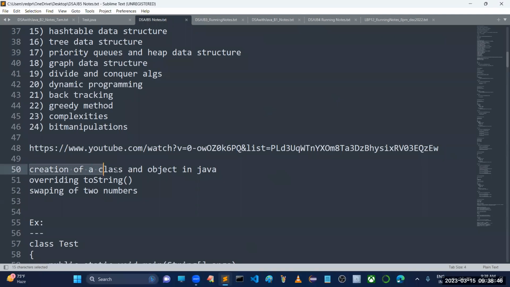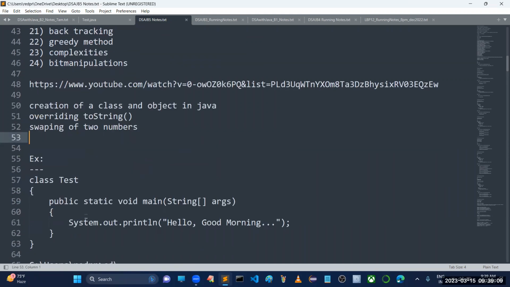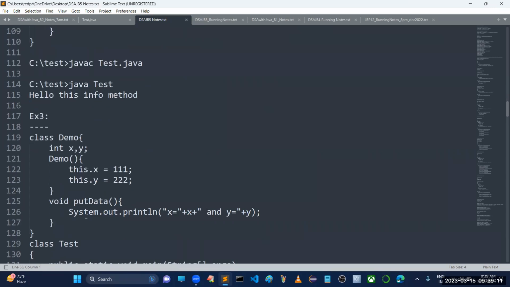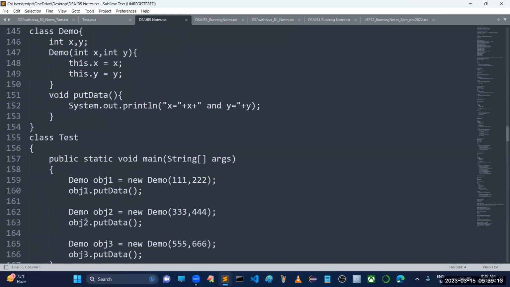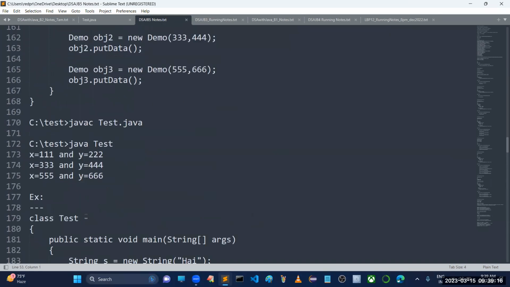And yesterday, we have seen how to create a class in Java and how to create an object in Java. And what is the toString method? What is the purpose of the toString method? How we can override that toString method, we also discussed very clearly. And we have even seen swapping of two numbers. That application I covered very clearly in our last session. Now, in today's session, as a part of continuation for this,